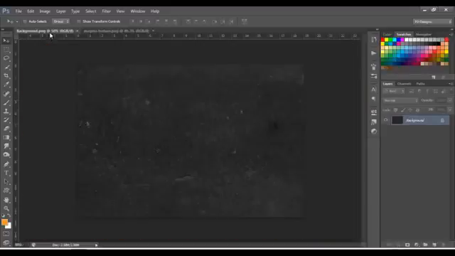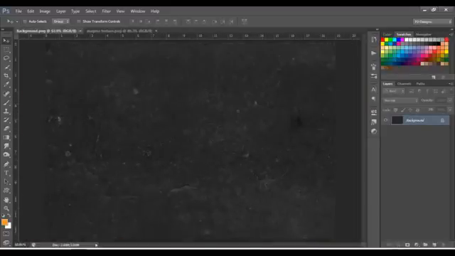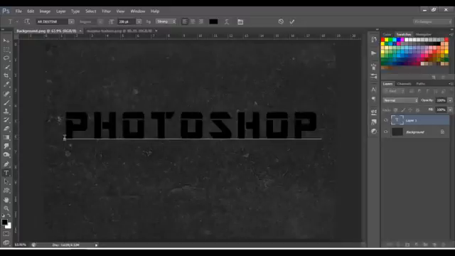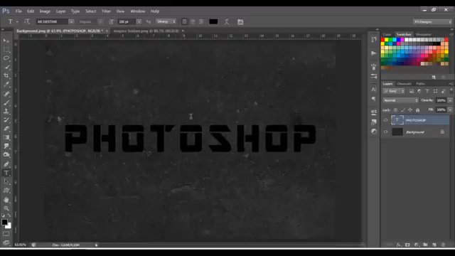Now let's go to the background. So this is the background. Choose the text tool and type any name, word, anything you want. I'm gonna type Photoshop. You can use any font and the size, so make it bigger. If you're gonna use the same as mine, it is AR16 and the size is 200. So let's center this out, and now we're gonna